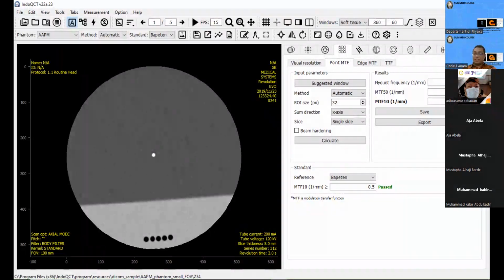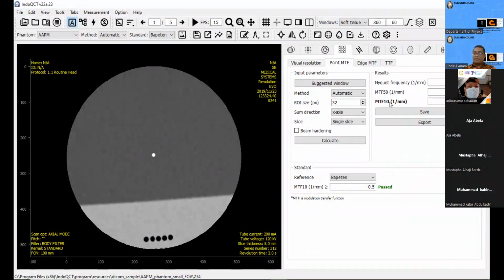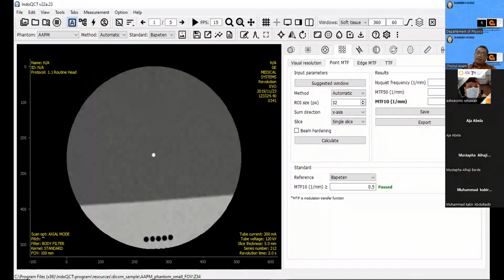And of course, if the Nyquist frequency is far higher than our MTF 10, it means that we can strongly believe that this result is accurate, because it is very far from the Nyquist frequency like this.